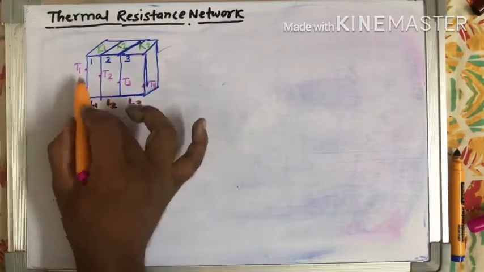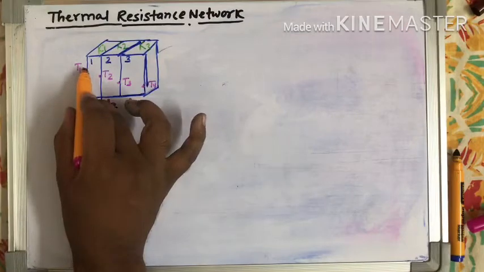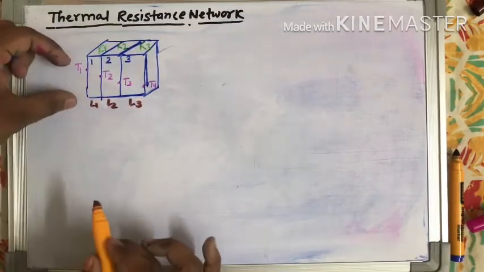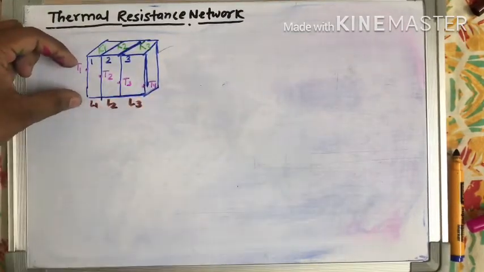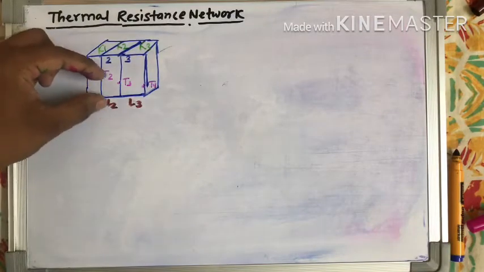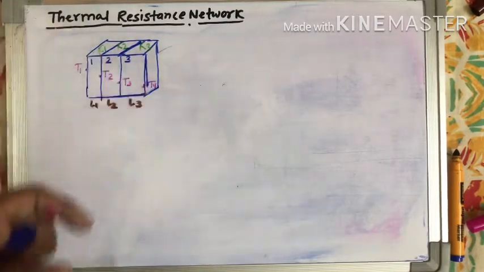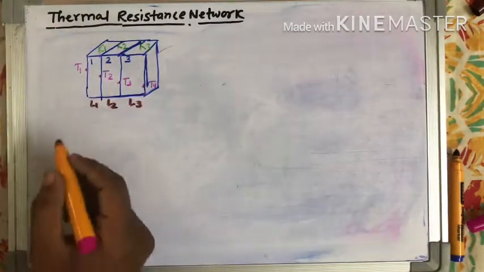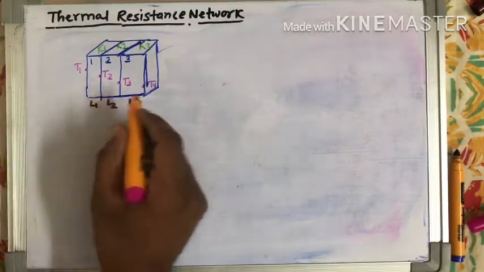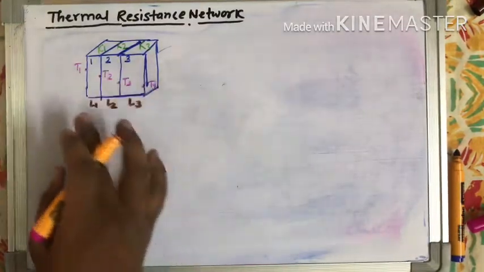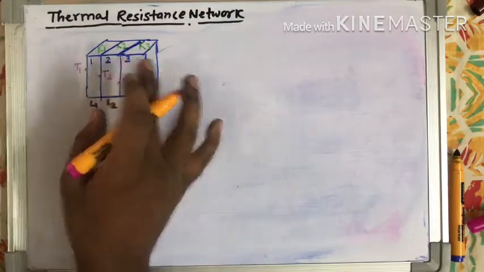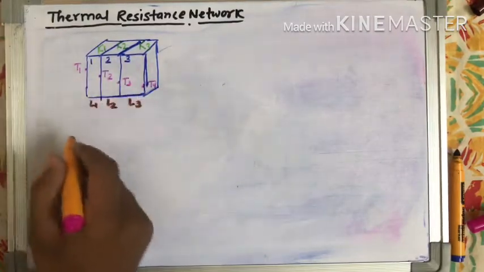मैंने पहले ही बताया था, क्योंकि मैं ऐसा क्यों बनाता हूँ, क्योंकि ये टेम्परेचर जो है मैग्नीट्यूड भी शो कर रहा है, रिलेटिव मैग्नीट्यूड दिखा रहा है. हम इससे समझ सकते हैं कि T1 बड़ा है, T2 उससे छोटा है, T3 उससे छोटा है, T4 सबसे छोटा है. ठीक है. Now, if we want to make an electrical network, a thermal resistance network, then how can we make it?